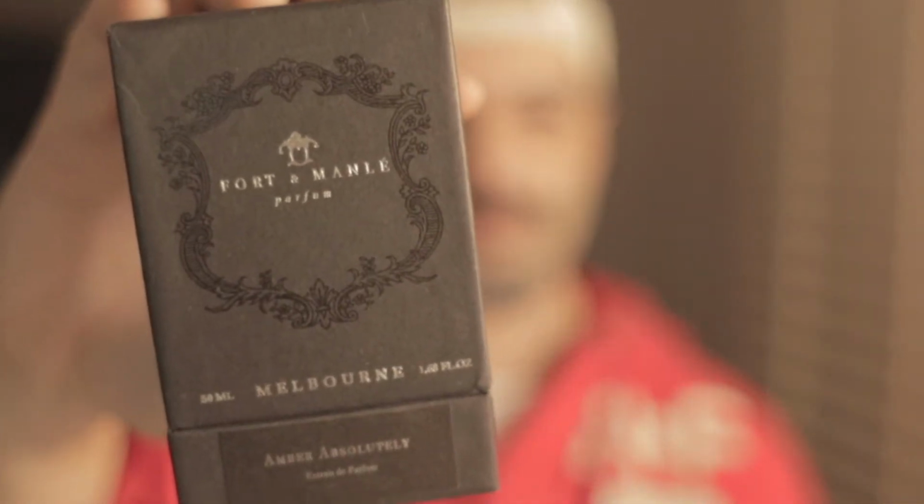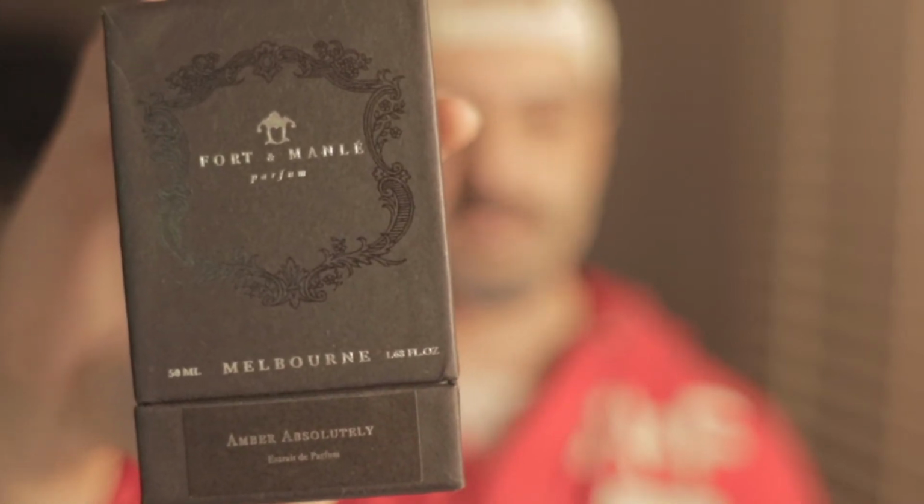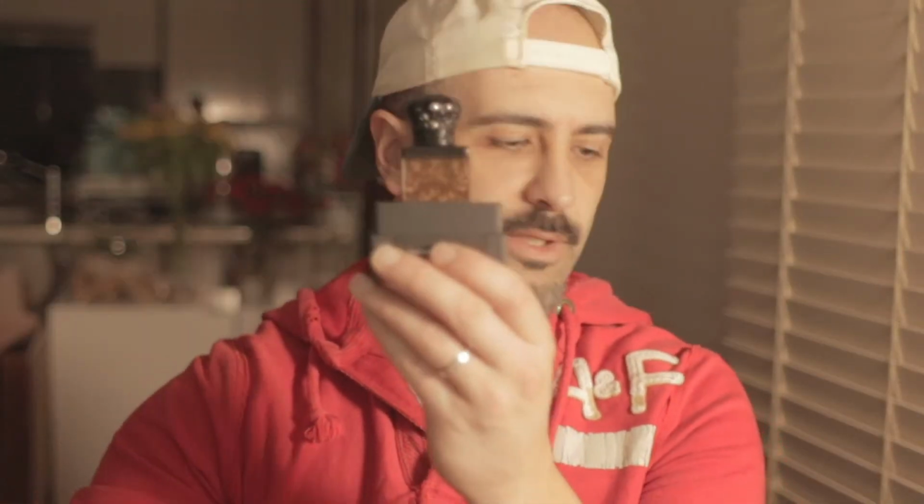Right here in Melbourne. And this is made by a perfumer called Race Fort, and the house name is Fort and Manley. And you see, it's made in Melbourne. And this fragrance of theirs is called Amber Absolutely. They all came in these really cool bottles, like so. Take it out of there, and it comes with a metal plaque on the front, right? All their bottles were like this,